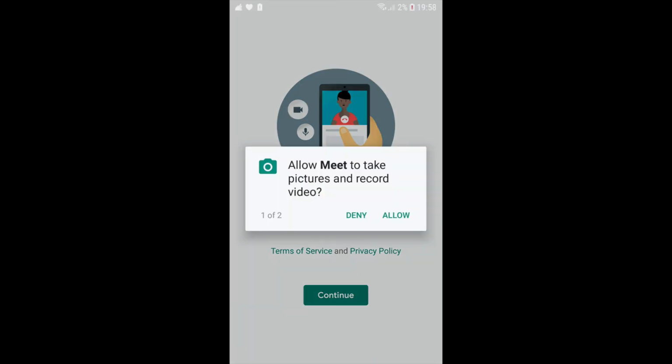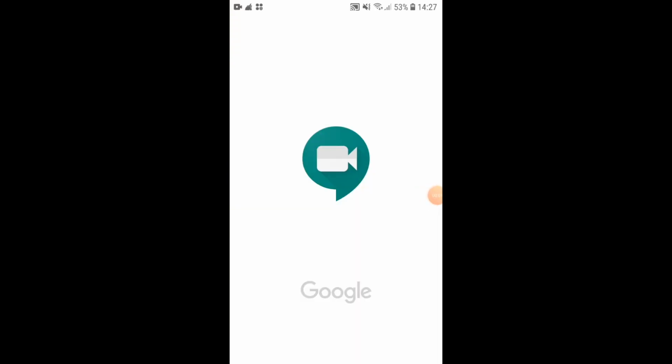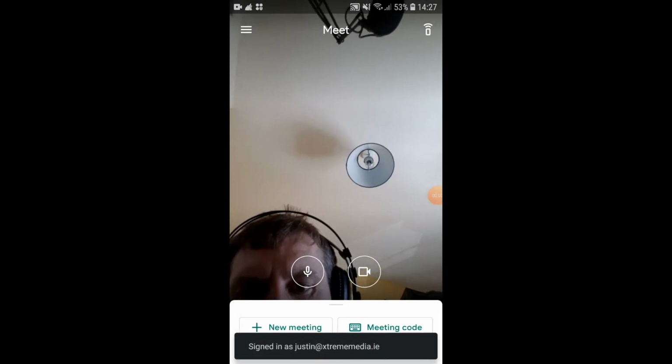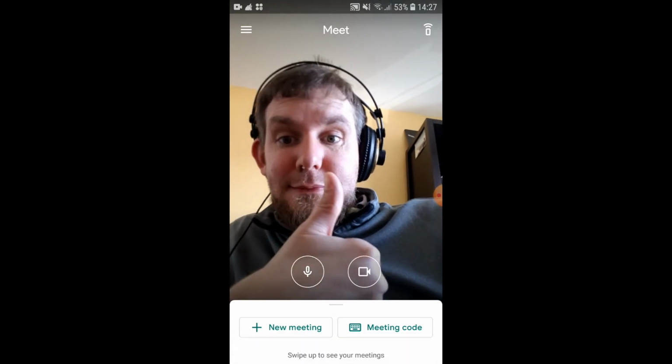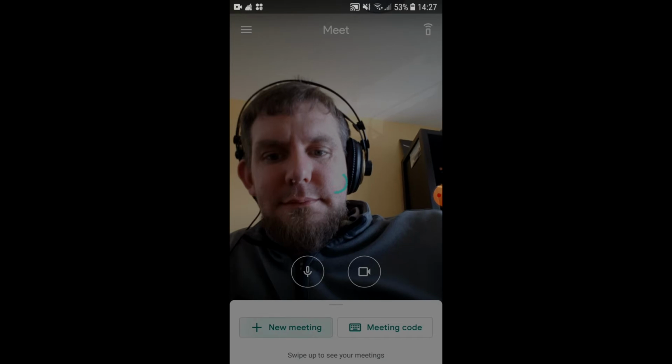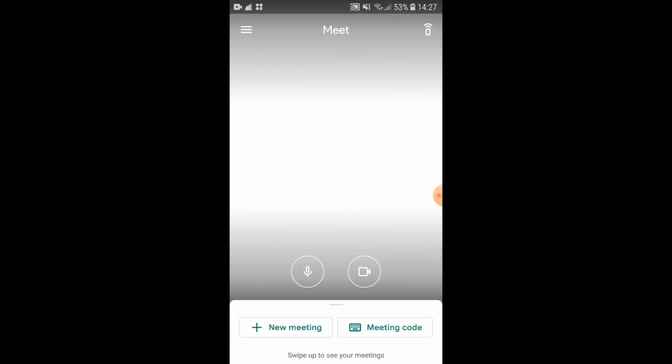And it will ask you 2 questions. Allow Meet to take pictures and record video. You can allow or deny. I have allowed. And allow Meet to record audio. I have allowed as well. So here I have the app opening, and you can see a picture of me giving the thumbs up. There we go. So what we do next is we click on New Meeting,